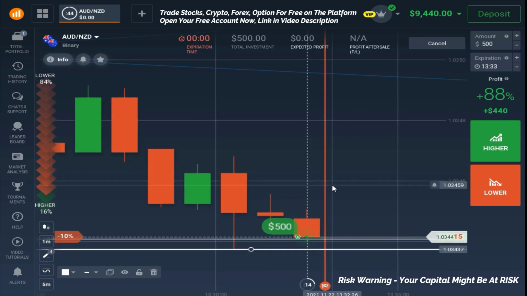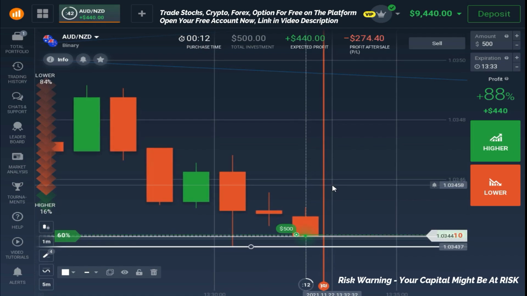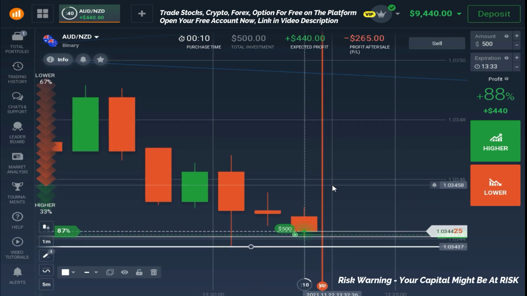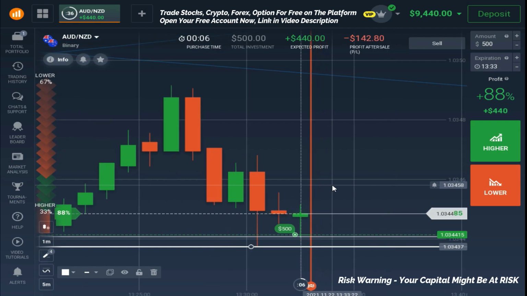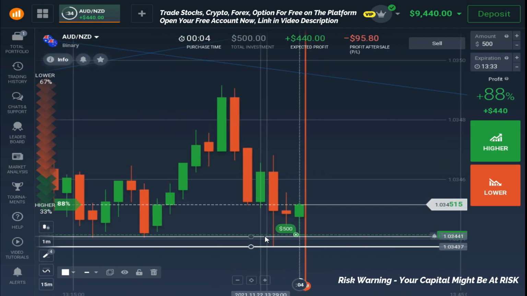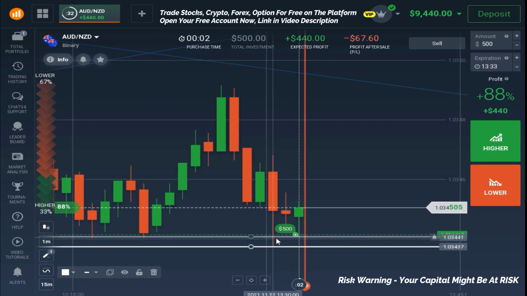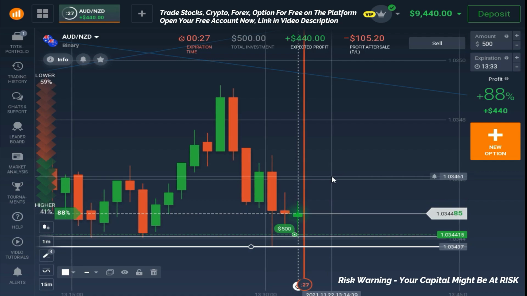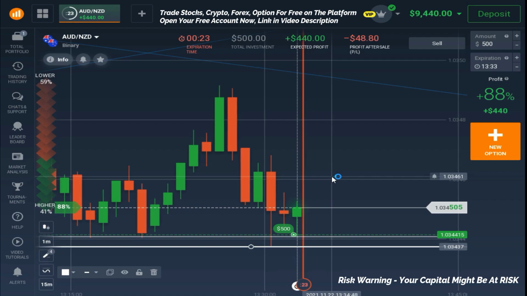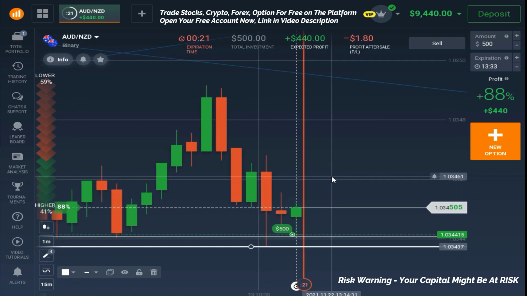Oh, so this was the rejection. I have placed my trade. The rejection was there, so let's wait for the result, and I'm sure that this was a good setup as the momentum was dying. This is quite a strong level, and the market will go in the upward direction because we have got the support level, we have got the candlestick pattern also, and the momentum was also dying